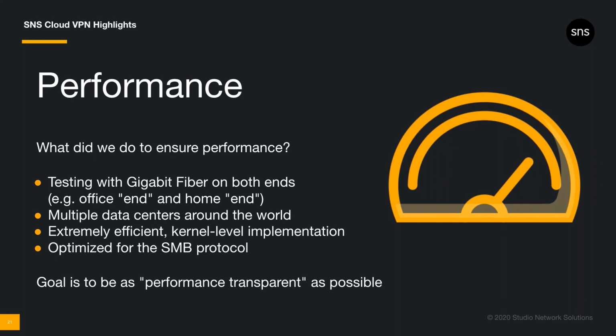The main purpose of a VPN, of course, is to enable our remote users. And so their internet speeds are an inseparable part of the performance question. The overall congestion at a given time on the internet also comes into play. As I'm sure you've experienced, your own speed tests can at times be much lower than what your internet provider is claiming. We wanted to build a secure service, but we also wanted the best performance we could possibly get